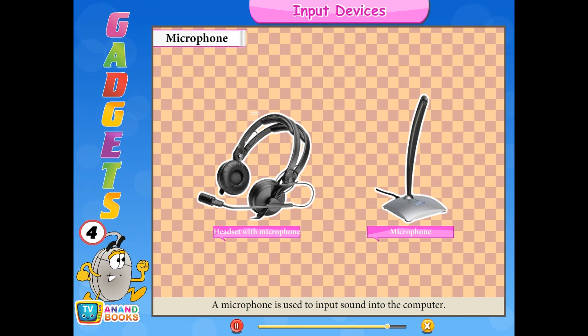Microphone. A microphone is used to input sound into the computer. In other words, it provides the computer with audio inputs. A microphone is required during voice chatting. It can also be used to record sounds on the computer. Microphones can be standalone or can be a part of the headset. Such microphones give a hands-free experience to